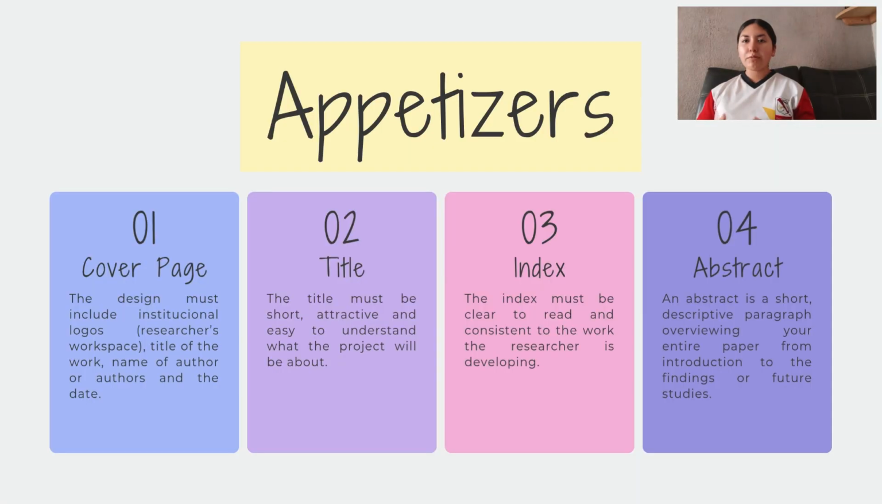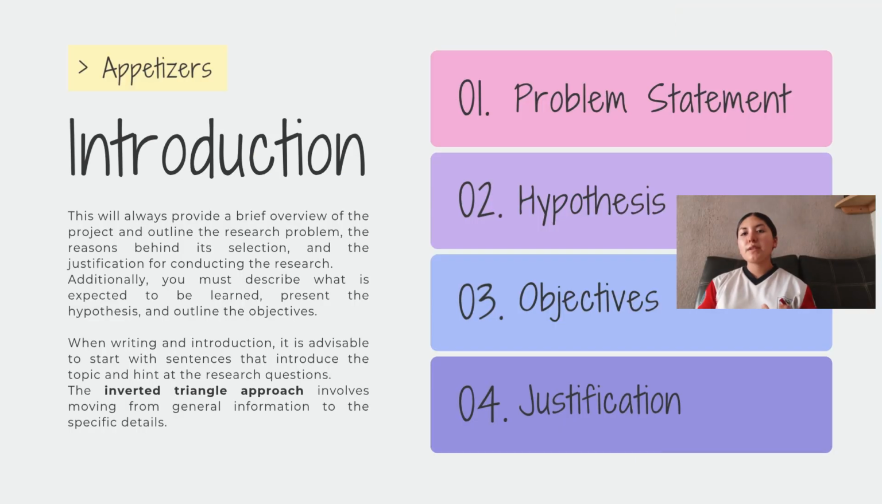Then we have the abstract, which is basically a short and descriptive paragraph that talks about the entire project. And it's important because readers and researchers may know what your study is about just by simply reading this section of the project. Then we have the introduction, which basically provides a general overview about the entire project you're making